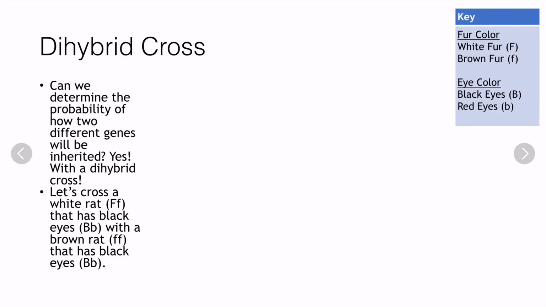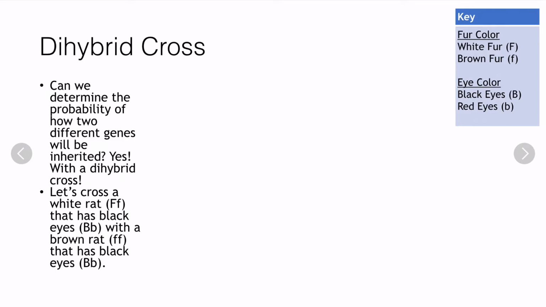Now, we can determine the probability of how we're going to inherit 2 different genes with something called a dihybrid cross. So, if we cross a white rat that has black eyes with a brown rat that has black eyes, what would our babies look like? Well, the first thing we have to do is determine our alleles, okay? So we take a white rat,